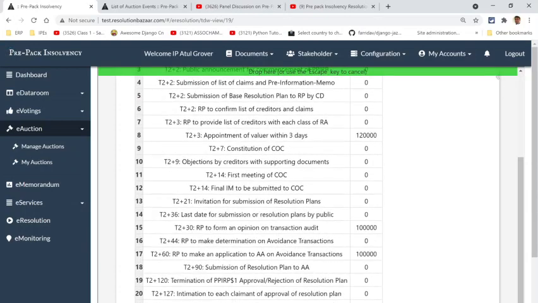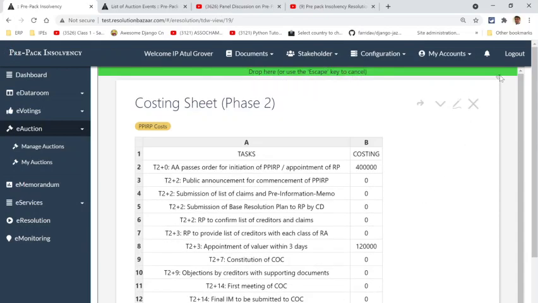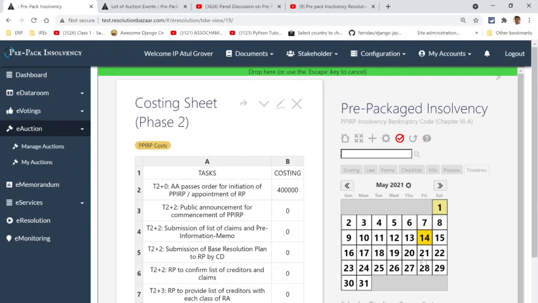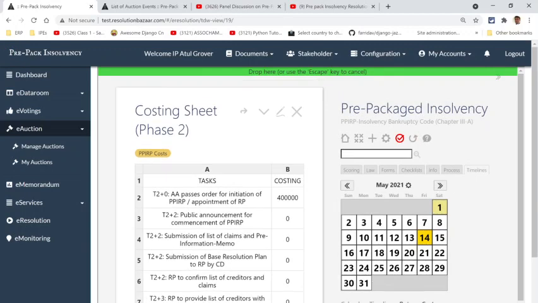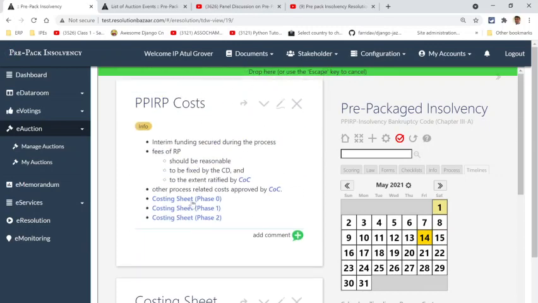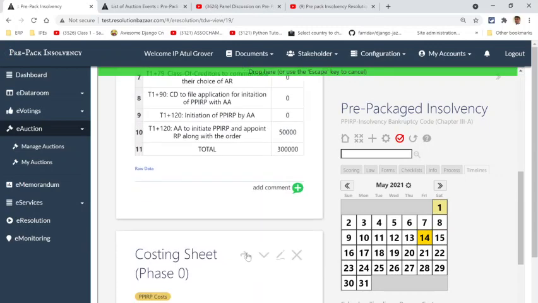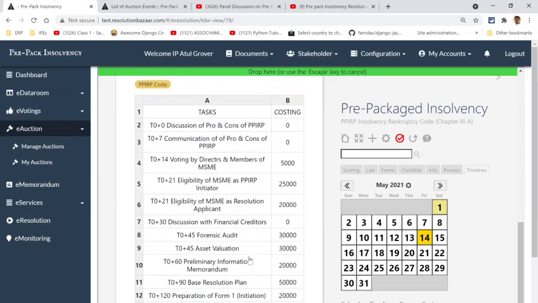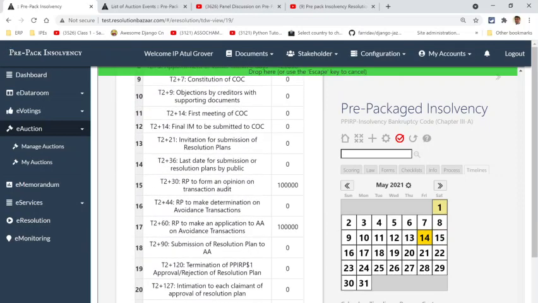So let's say this is 11 lakh here, and as I showed you in the previous phase, phase one cost us say minimum of 2 lakhs, phase 2 costed us a minimum of 3 lakhs, and phase 3 will cost us anywhere between 15 lakhs.